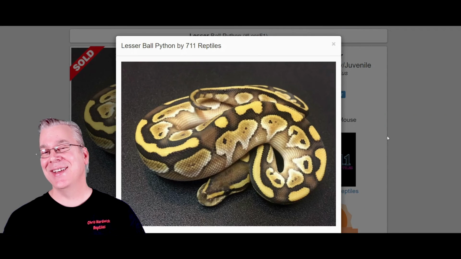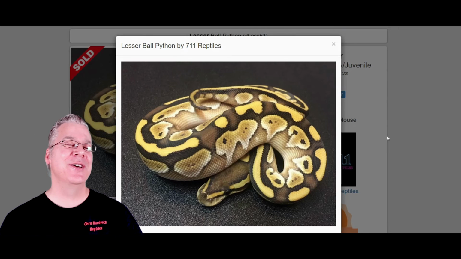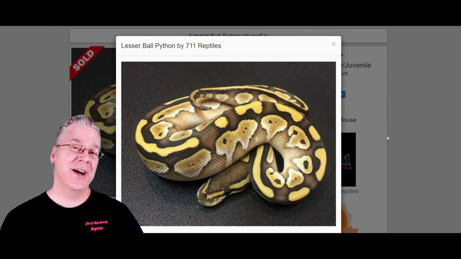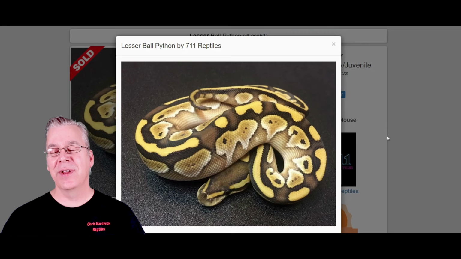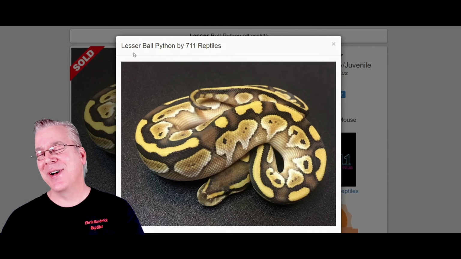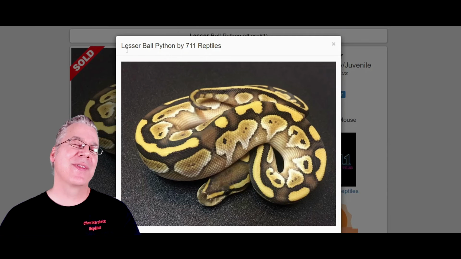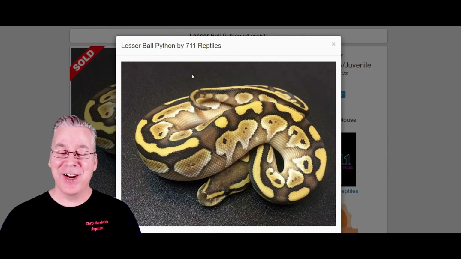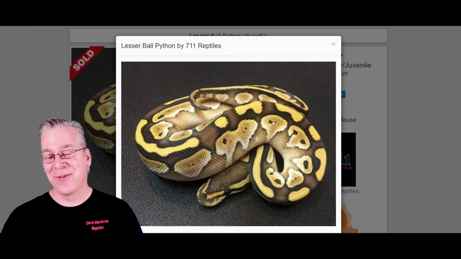So speaking of lesser, this is actually a lesser ball python. Usually when you mix lesser or butter in with something else, you get really bright, high contrast combinations. A lot of people think the lesser and the butter are pretty much the same thing. Some people think they're two different lines of the same gene. Some people think the butter is a little bit brighter, but if you look at this one, this is a really super bright lesser. I've actually produced quite a bit of lessers here in my collection,